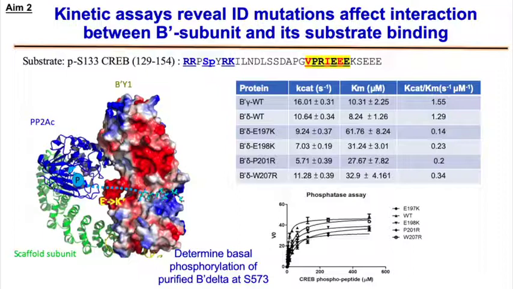In Aim 2, we do want to look at whether the ID mutation gives you aberrant substrate recognition. Although by bioinformatic analysis thousands of substrates are predicted for the B prime family, one that draws attention is CRAB. Richard is also looking at that, which is extremely interesting. We measure the titration of the CRAB phosphopeptide, and with that we measure the kcat and KM values, and look at the ratio to see how